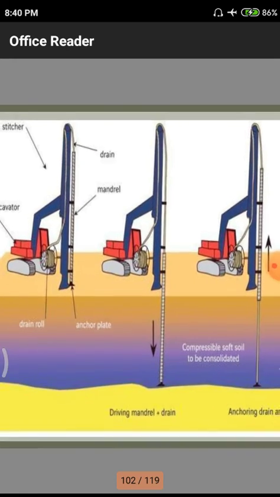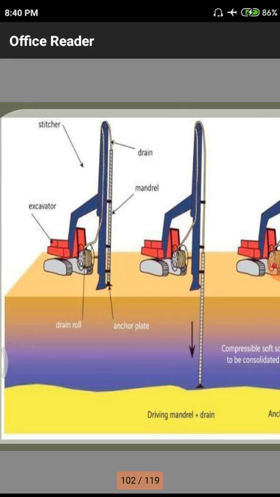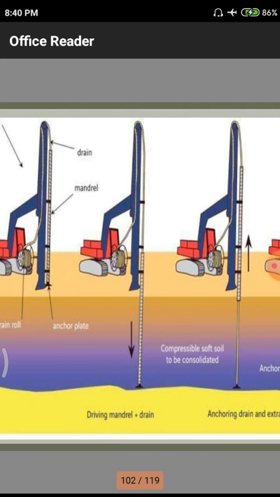So we have an excavator. After that excavator we have the stretcher. That means the stretcher has some hydraulic properties to drain the soils, and we have these piles. Whenever the pile is at the ground surface, in the second diagram the pile is moved up to a particular depth. After that we have to place these ropes.